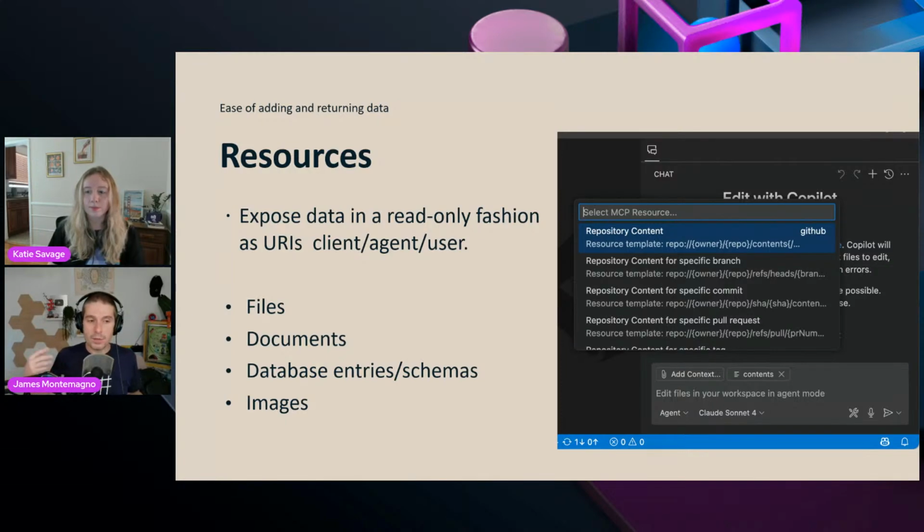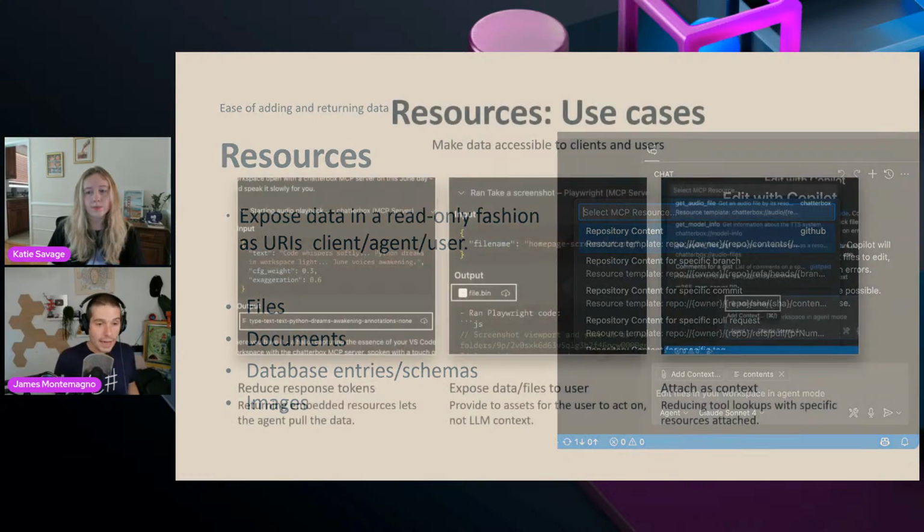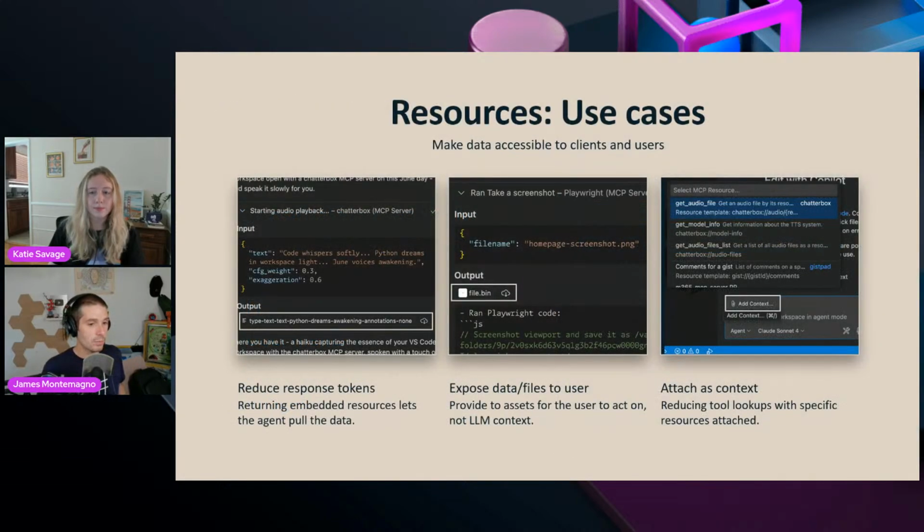But additionally, it could be images, it could be data entries, it could be documents, it could be files. Like for the monkey data, I could just have the monkey schema, or I could have the user specify things. So this is a way that is more application driven. The other one is sort of LLM driven; this is the application driven model. So this is nice when you are building and using MCPs, that this context is available to add. And you can add it just like you add other context, like you might attach an image today. So you can say, okay, I want to attach this file, this JSON blob.